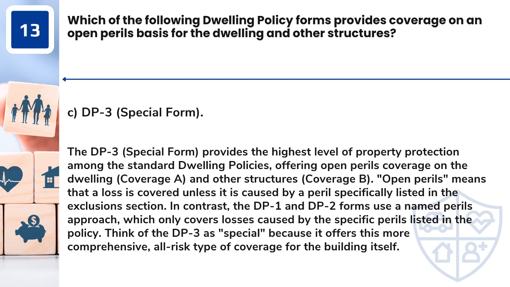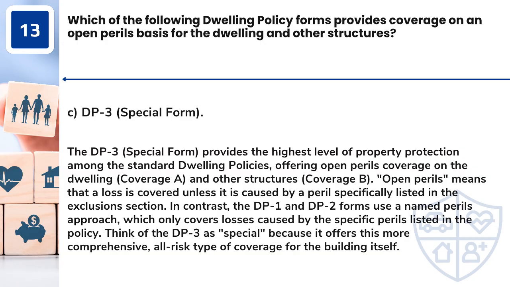Answer, C. DP3, special form. The DP3, special form, provides the highest level of property protection among the standard dwelling policies, offering open perils coverage on the dwelling, coverage A, and other structures, coverage B. Open perils means that a loss is covered unless it is caused by a peril specifically listed in the exclusions